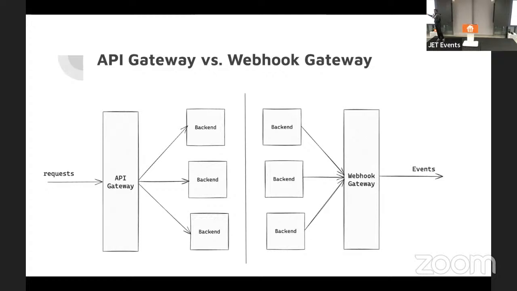And so you can abstract all the things that you would rather not write in each of these services and put them in one location and allow everybody to focus on their business logic. And the same thing essentially applies to the webhook gateway. The webhook gateway sits behind the services and is able to apply the circuit breaking, the signature verification, the retries, and the webhook log so that each of the backend services can really focus on their core activities.